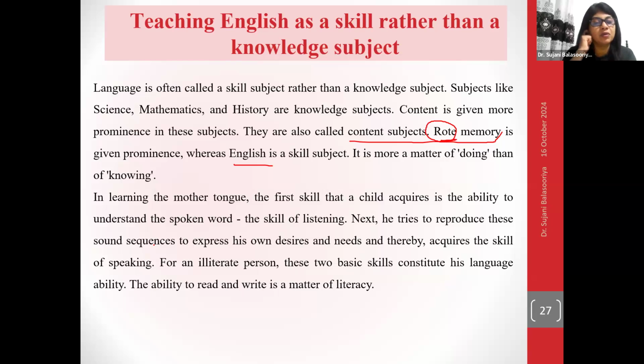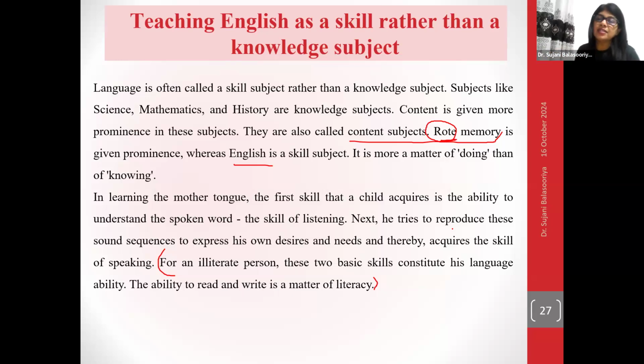Again, we mentioned about this illiterate person, right? But no need of repeating it here as well. Earlier I mentioned about this literacy, right? Then listening is doing something now, and speaking is also doing something. Okay, there's nothing for the child to know. Now don't mistake the word know here, right? There's nothing to know in the sense of trying to keep in the mind by learning it by heart.